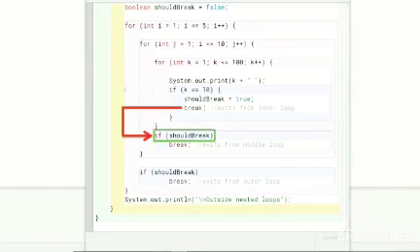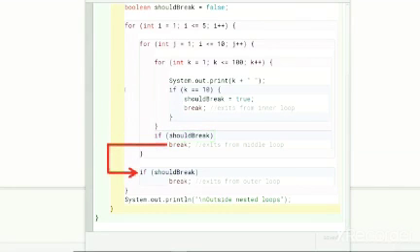This condition is true as we have set shouldBreak to true before breaking out of the inner loop. So this break statement is executed. Program control exits out of middle loop and comes here. Now program control is in the outermost loop. Again, this condition is true. This break is executed, transferring the program control outside the outermost for loop to this println statement. And with this, we have finally exited all the loops.